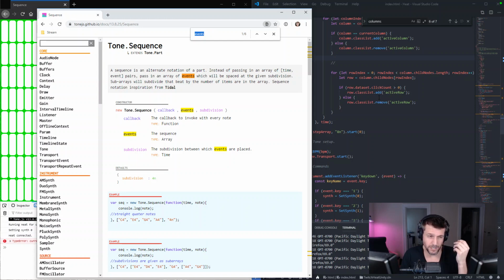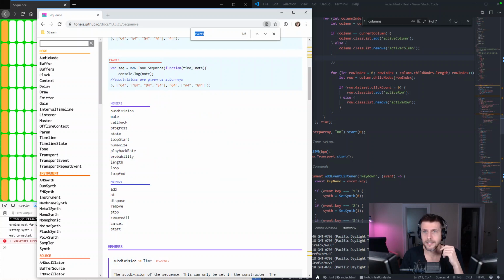I mean, should step array just always have, can I edit this? Without